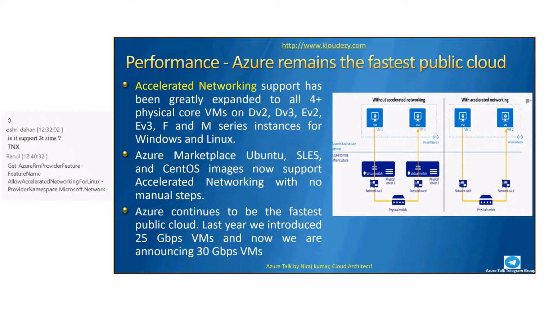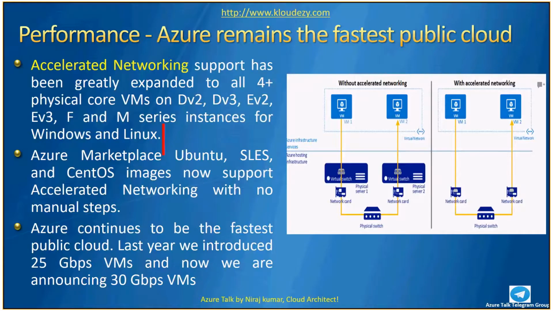Now, accelerated networking is something you cannot do for existing NICs. If you already have a virtual machine, then at that time you cannot go ahead and enable accelerated networking on that NIC. You can do it from the portal itself, and it's also enabled only in certain regions. And the VM size required for accelerated networking starts from DS15 v2 and above. So how does accelerated networking help you, and how is it going to work?